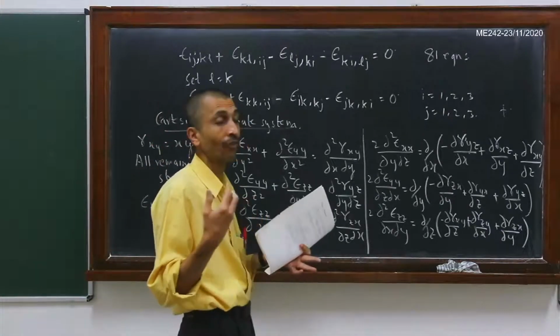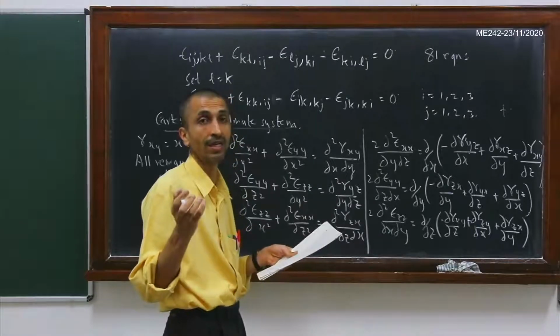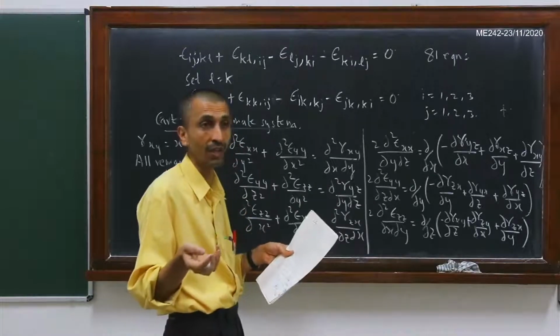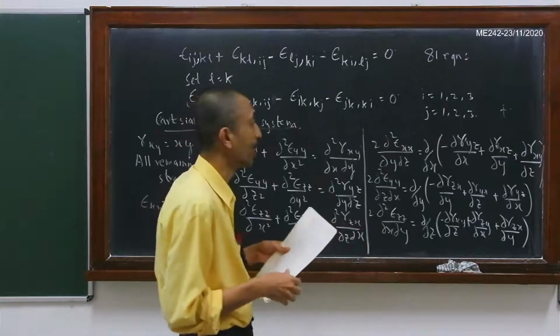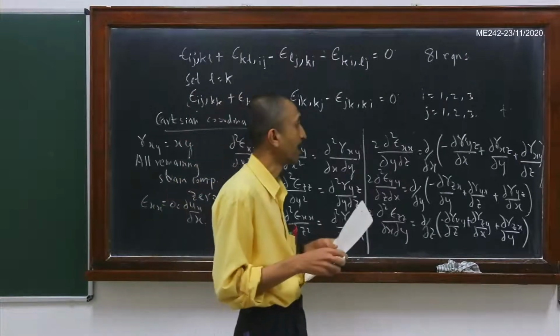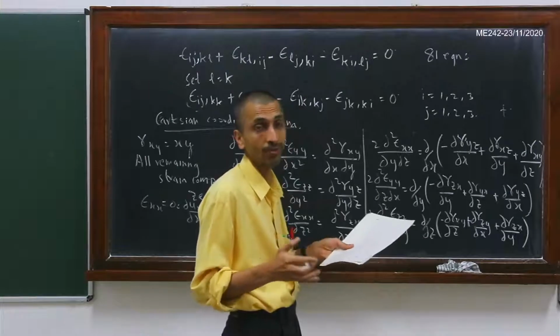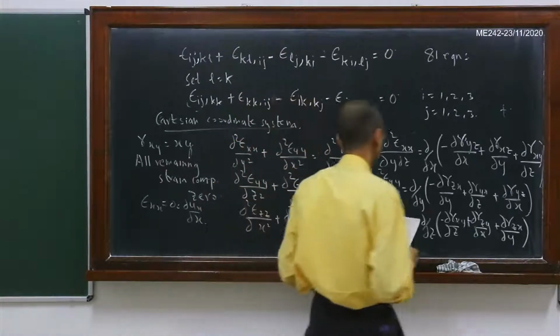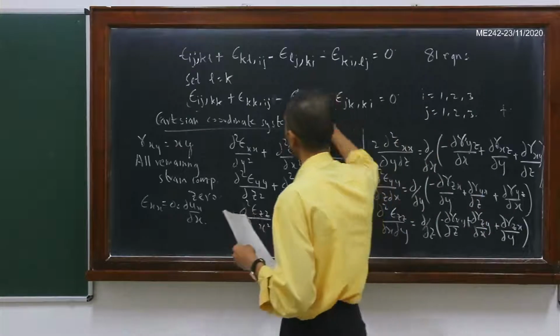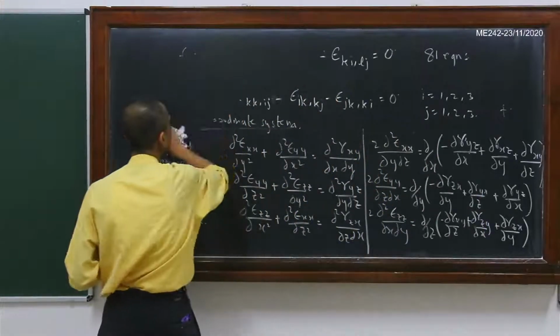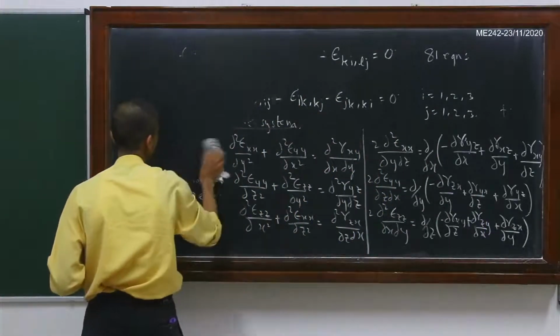But suppose I guess either the stress field or the strain field, then I need to check for compatibility, because in that case a single valued displacement field may not exist if your guess is wrong. So basically you need to check for compatibility whenever we are guessing. We'll see lots and lots of examples of that